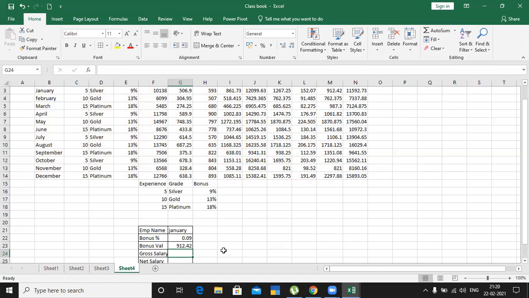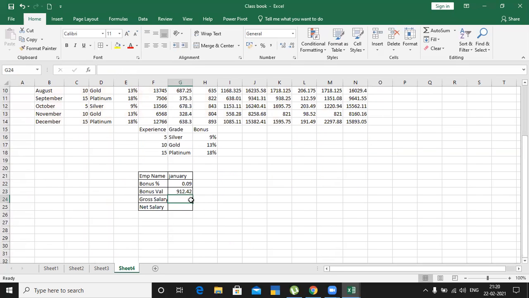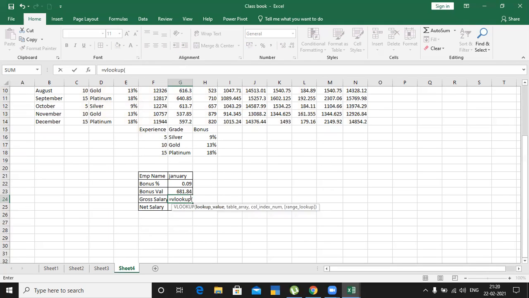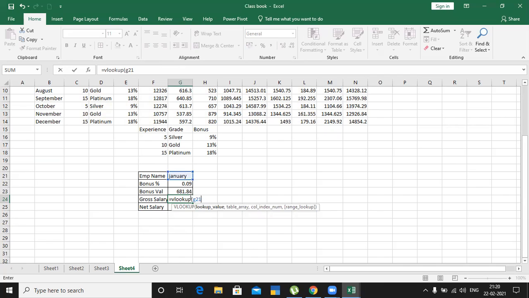Okay. So now again, I have to take gross salary. Gross salary column index number 9. Equal VLOOKUP, open bracket. So your lookup value is what? G21, G10, and make this lock.